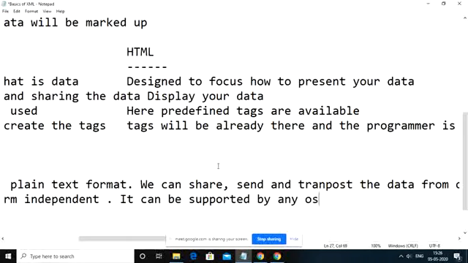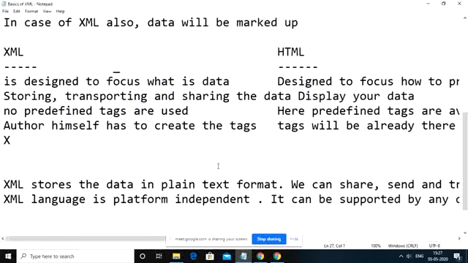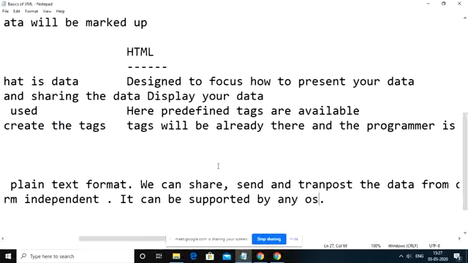Let us say you have designed your XML document within the Windows operating system and you have moved it to the Linux operating system. You can still access that XML document within Linux. That is the reason we say XML language is platform independent. And also it will support upgradations of your browsers as well as your operating systems.